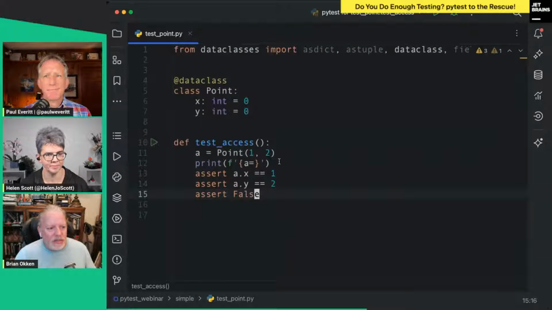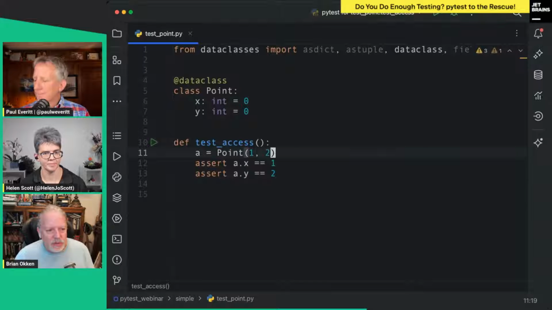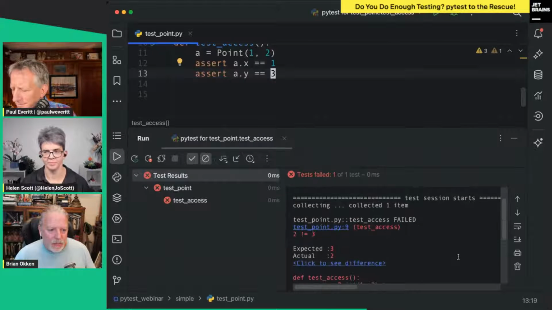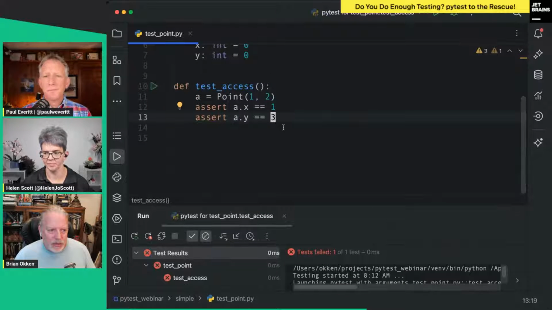So let's make this more realistic. Instead of saying assert False, I'll pick a different thing. I want to show you one of the neat things about the failures of PyTest. We ran it, and we know that that's not 3, it's 2.